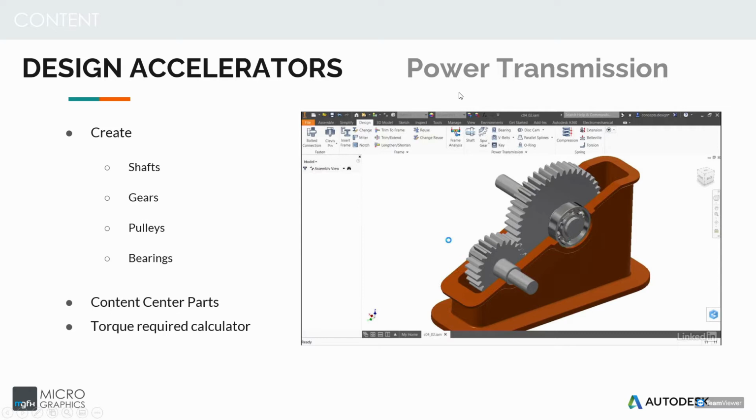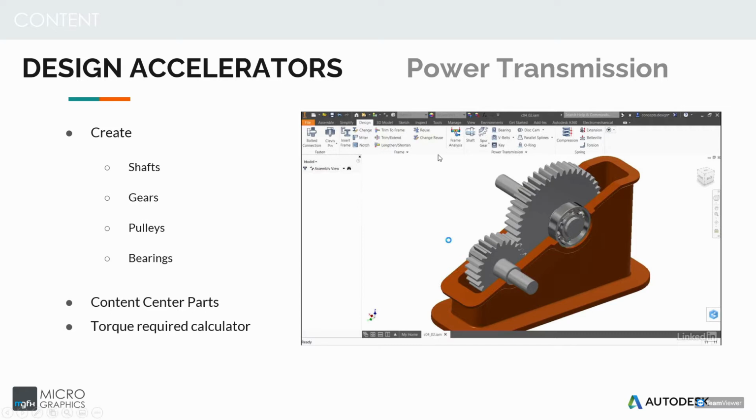The next design accelerator we're going to chat about is the power transmission. You'll see in that tab, you'll be able to create shafts, gears, pulleys, bearings, and so on and so forth. This is ideal when you want to create a working model, and having to do everything from scratch can be a bit time consuming. Whereas here, you can just pick in sizes and it will draw your custom shaped gears, your shaft, and also